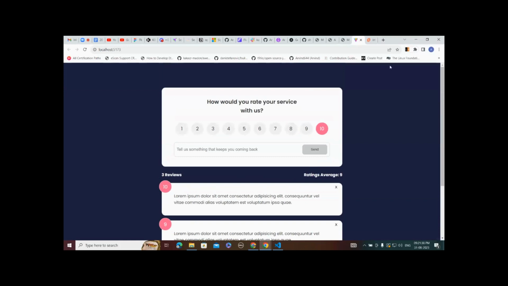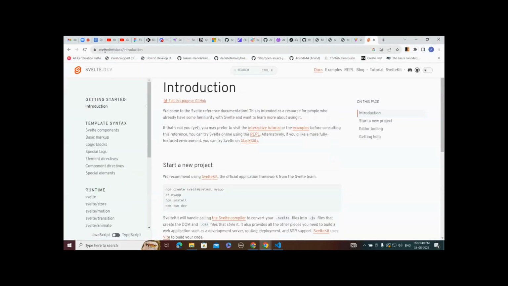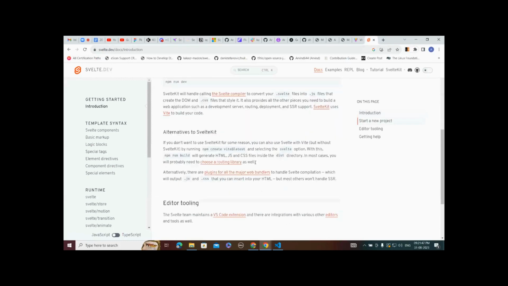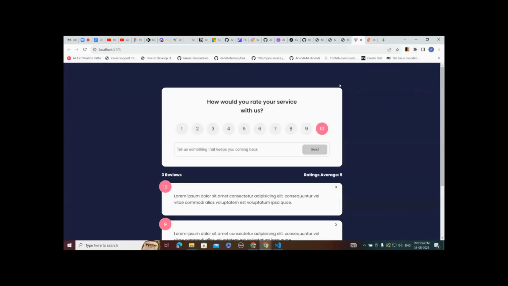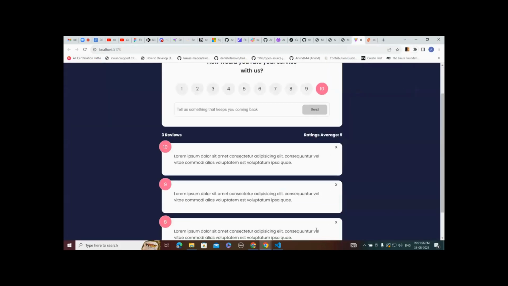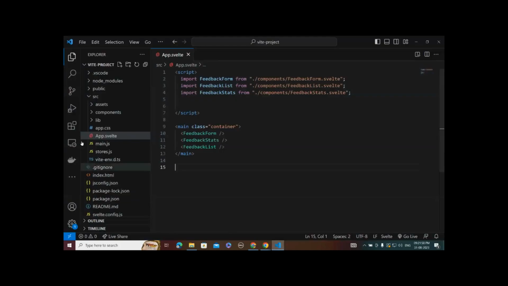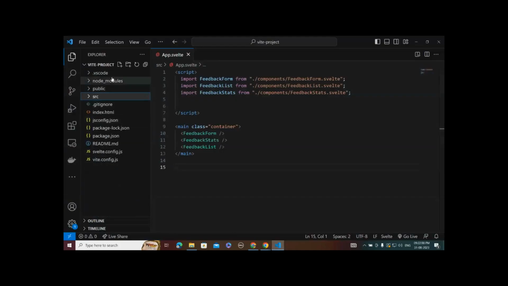And let me share something: if you are following it's flat.dev, it is installing the Svelte Kit, not Svelte. We have to use Svelte without Svelte Kit. I am using Vite to create this application, and here is the code structure. The code structure is pretty simple: a public folder for static and image files, the source code, and index.html.